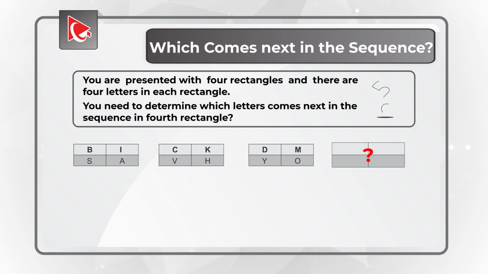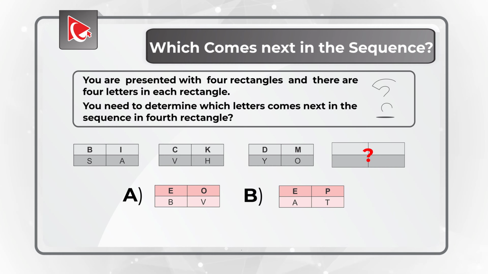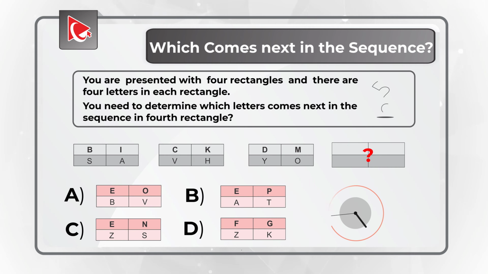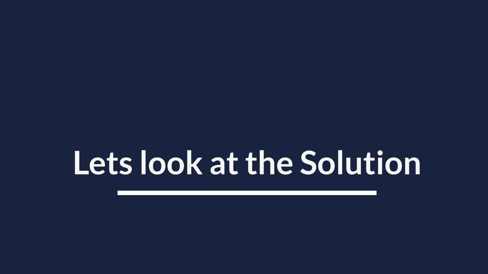You need to determine item that comes next in the sequence, and you're presented with the 4 different choices. Choices A, B, C, and D. Take a close look to see if you can determine the answer. As I mentioned, this is one of my most favorite questions. Let's move forward so I can share the solution with you. To answer this question correctly,